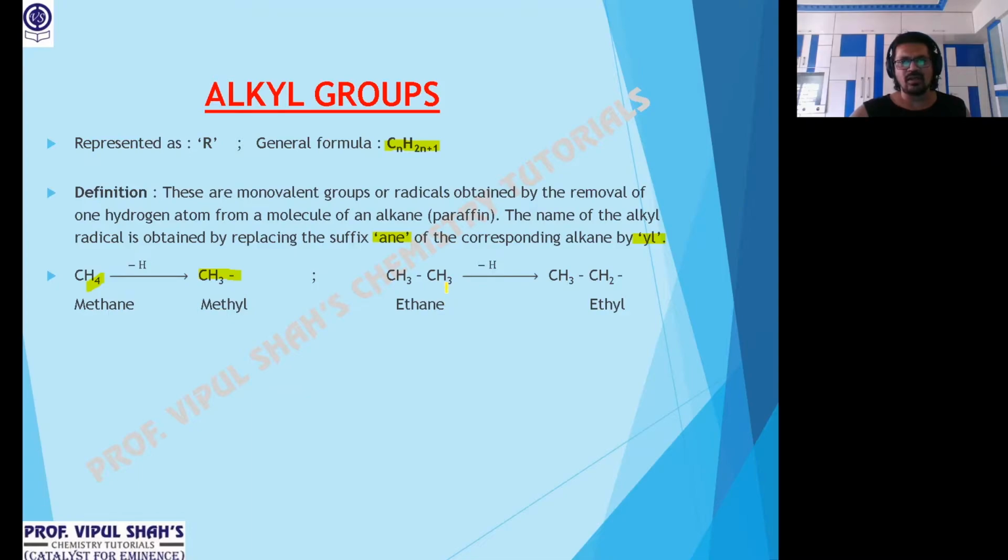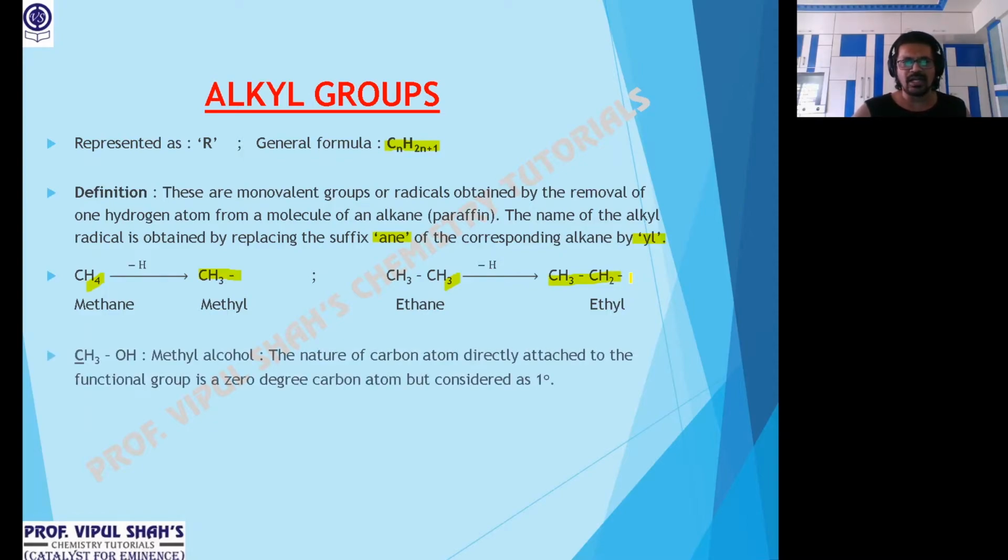Where you can replace any one H, we get a group that will be ethyl. And what will the last short valency be satisfied by? Functional groups. I'll talk to you with examples. Look at that. If I put OH attached to CH3, which is an aliphatic open chain, those groups of compounds are called alcohols. So CH3OH is called methyl alcohol.